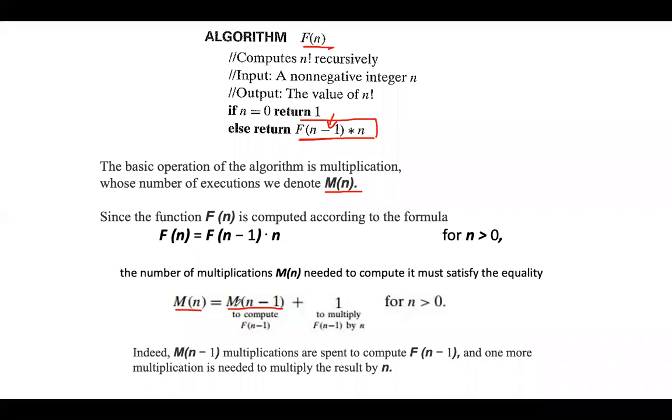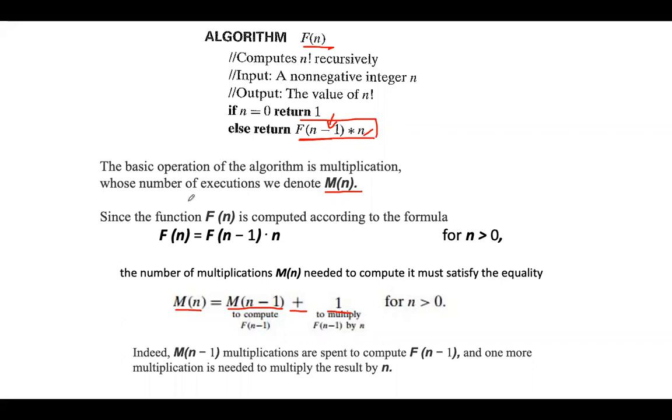Okay, so that is M(n-1). This M(n) is a multiplication operation. This entire operation will happen again and again, plus you are going to multiply by n in the end. When you come to the end of the program, you are going to multiply it with n. So plus 1 times. This will be executed M(n-1) plus 1 times for all n greater than 0. So this entire operation will be executed M(n-1) plus 1 times.